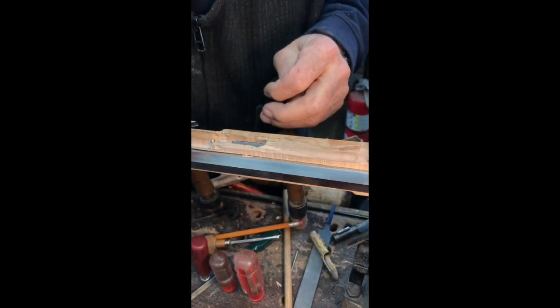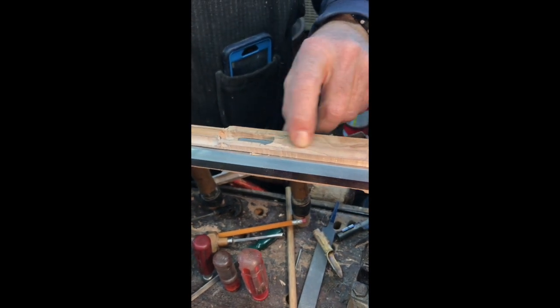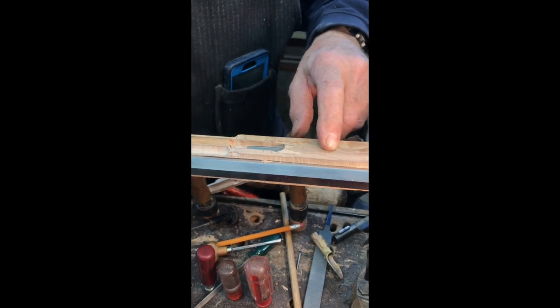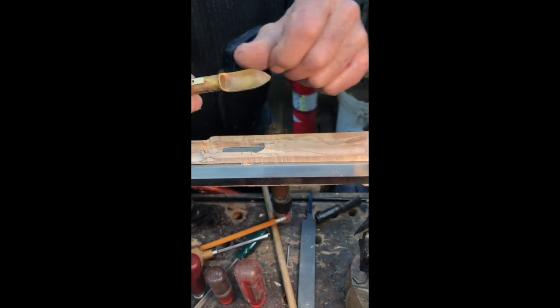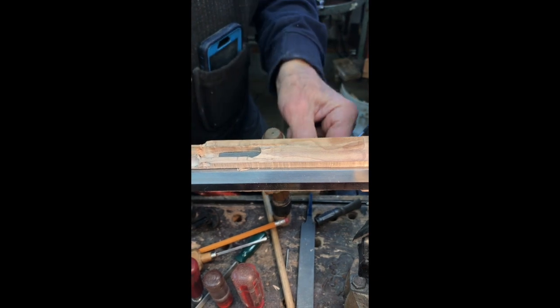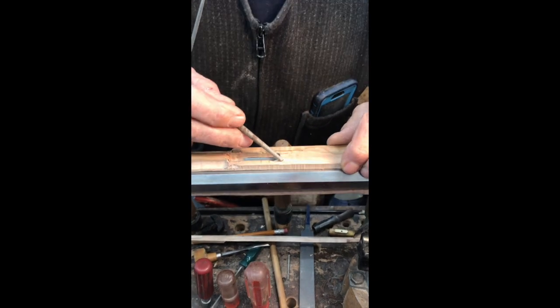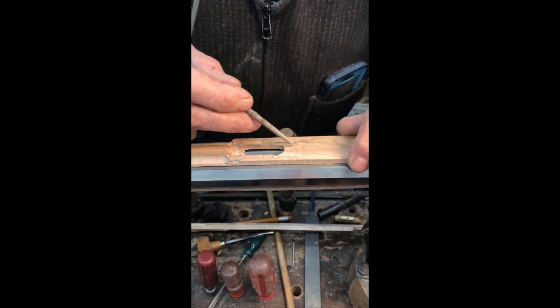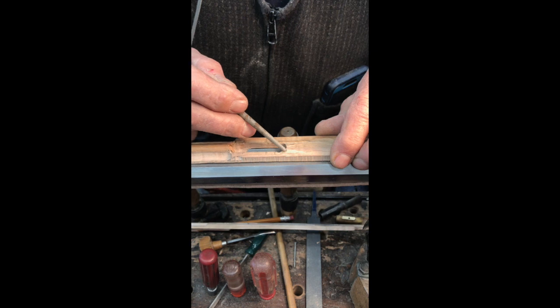Now you want to keep in mind how thin it is through here. So when we're done, we're going to take very, very little off the top here, just enough to get the tail of that inlet, and that only has to be inlet halfway. The edge of that tank cut in here pretty good, but I know there's too much wood in here,